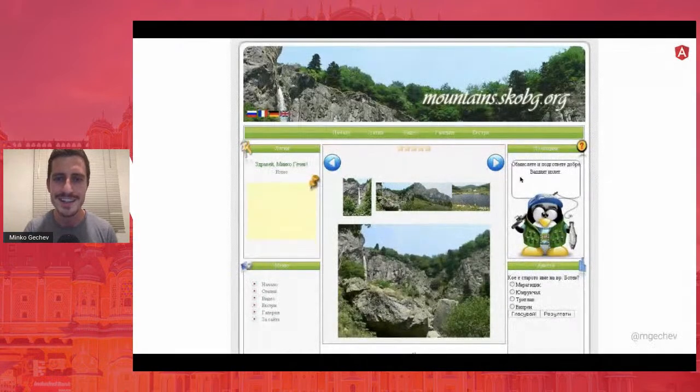polishing this tiny Ajax gallery, which was visualizing photos, being able to react to my clicks and change to the next photo, allowing users to vote for these pictures. It was really, really interesting for me to be able to build something completely from scratch. My teacher even suggested using this website for